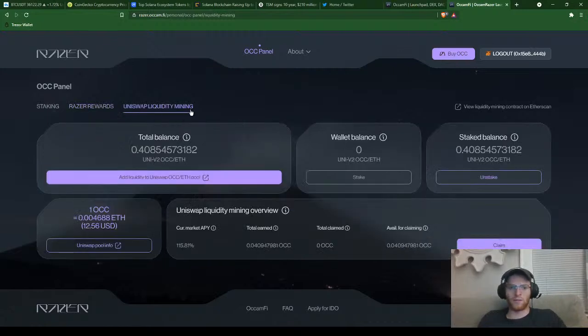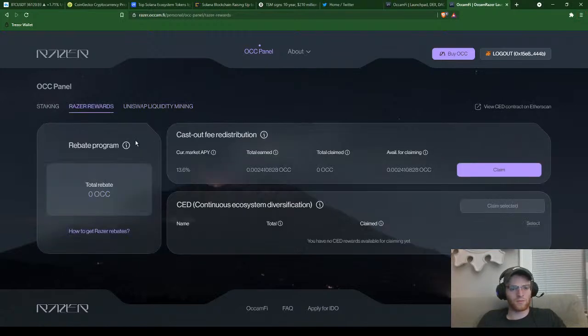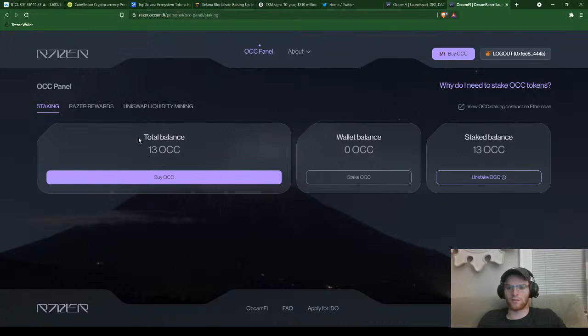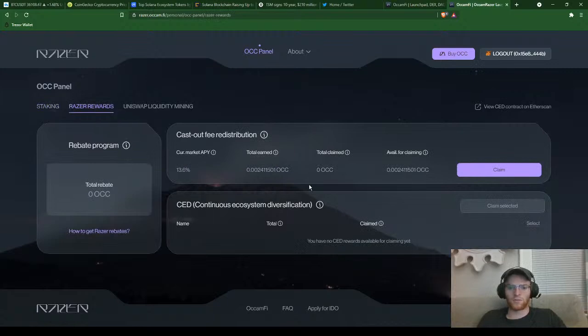We'll look at the Uniswap liquidity mining real quick. So this is the amount I've earned right here, and I can claim that as well, and it's telling you how much I've staked. So I've staked 0.4 of a Uniswap v2 Occamfi Ethereum LP token, so I have 4 of those staked, and I'll just tell you the conversion rate. I wonder why it doesn't tell you. Oh, okay, it does tell you the total balance, stake balance. So I staked 13 OCC. I look at Razor rewards to look at how much I've generated from that stake, and